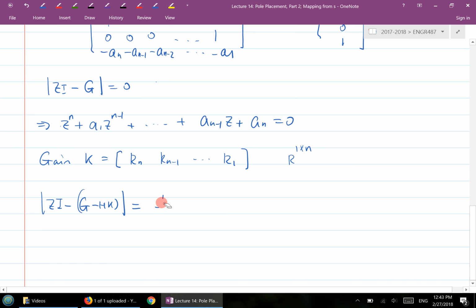It turns out to be z to the power of n plus (a1 plus k1)